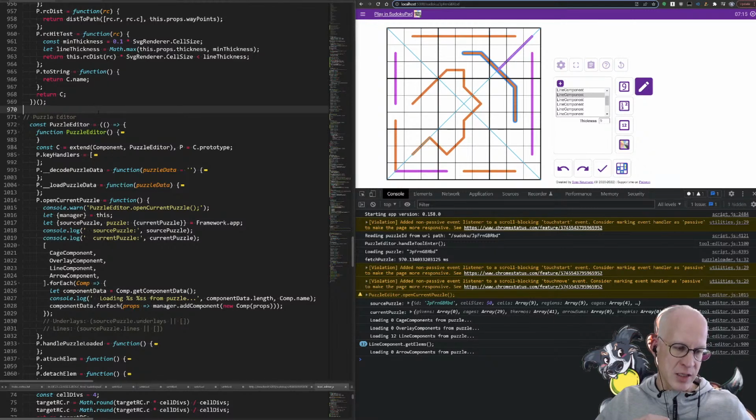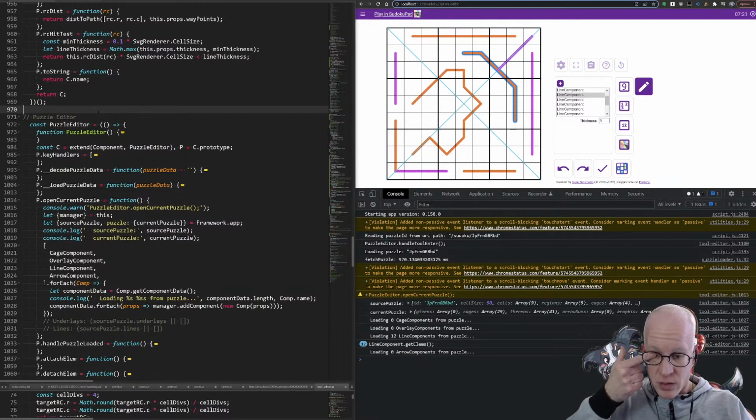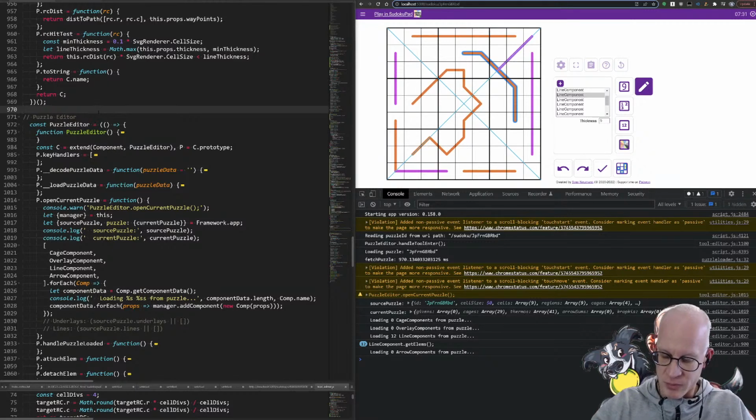So in the future, I might have to add some IDs or some markers, data markers on the SVG elements. That's one way of doing it. Keep references to them. That's another way of doing it. Although right now my render functions have no way of returning composite objects. So they only return a singular,